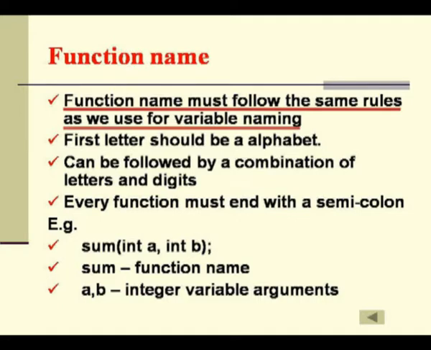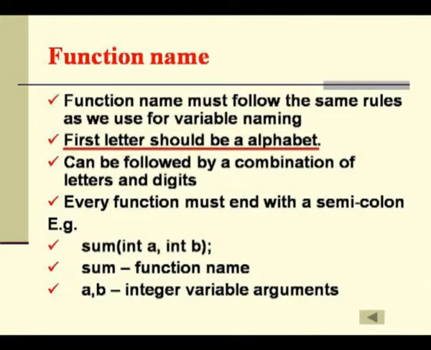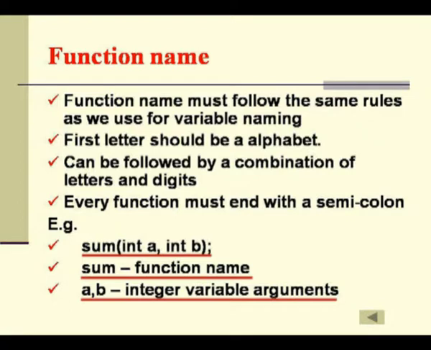So, for variables we know they can be a combination of letters or digits, but the first letter should be an alphabet. It can be in a lower or upper case, and after the first letter it can be letters or digits. Every function declaration must end with a semicolon, like we see here in this example: sum(int a, int b);